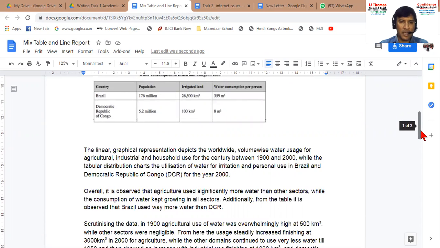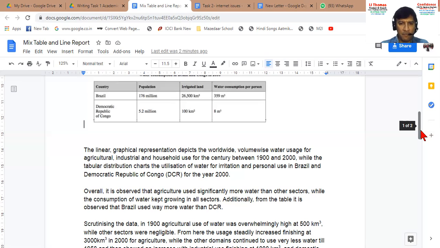The linear graphical representation depicts the worldwide volume-wise water usage for agriculture, industrial, and household use for the century between 1900 and 2000,